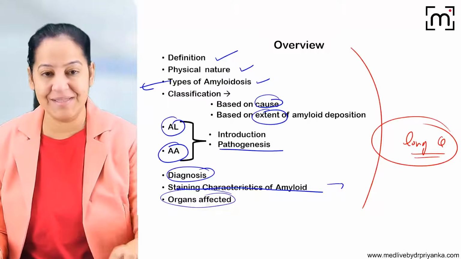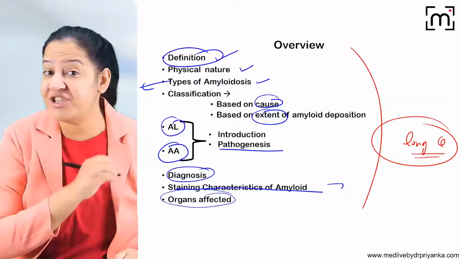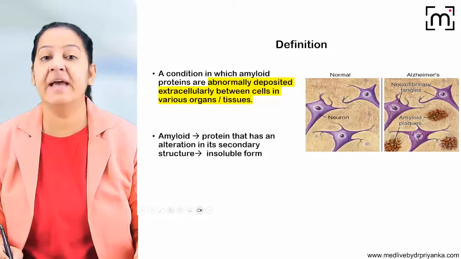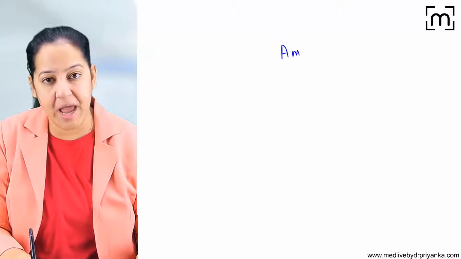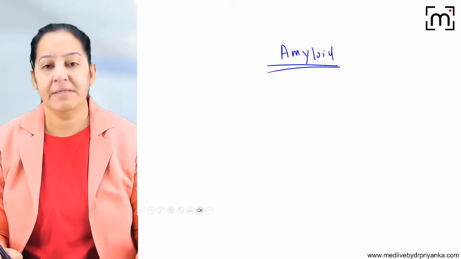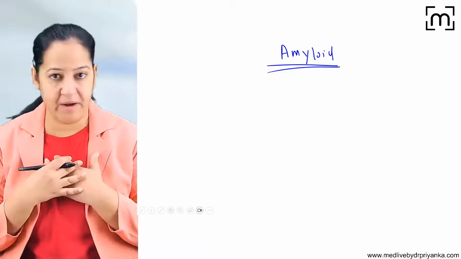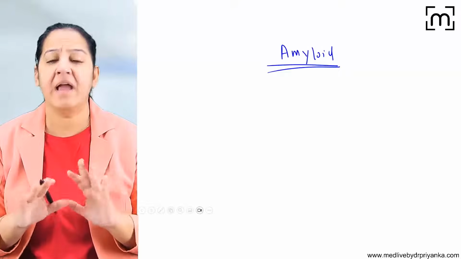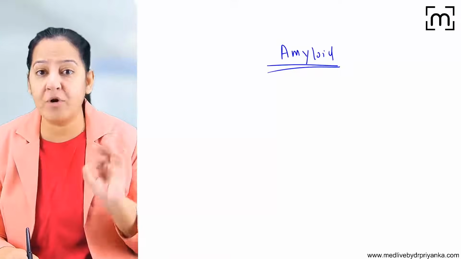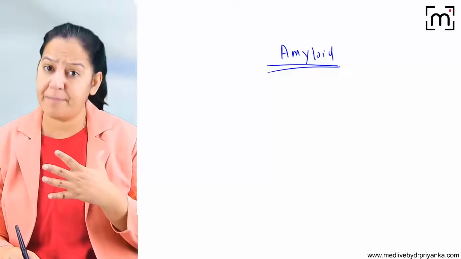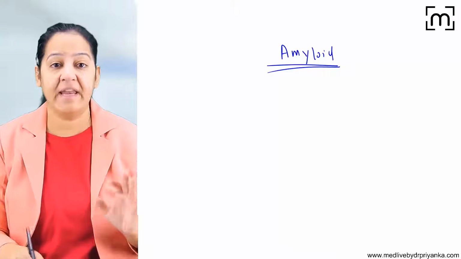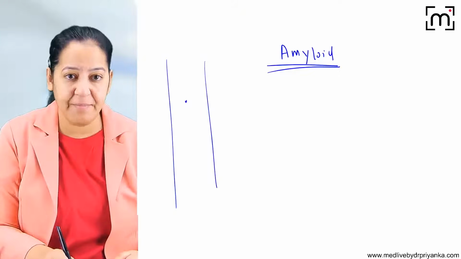So let's start amyloidosis. So first I will let you know the definition of amyloidosis. What is amyloidosis? Now amyloidosis is a disease in which an abnormal protein, that is amyloid, gets deposited in various organs of the human body. So normally we don't have amyloid. I don't have amyloid in my blood, in my body. You don't have amyloid. Any normal healthy individual does not have amyloid in them. So amyloid is the abnormal protein. I'm having albumin in my blood. I'm having globulin in my blood. So albumin, globulin, these are the normal proteins we have in our blood.